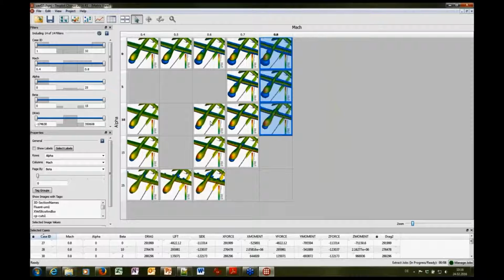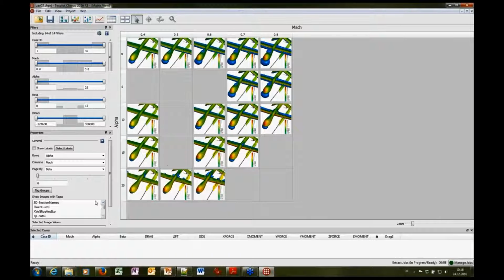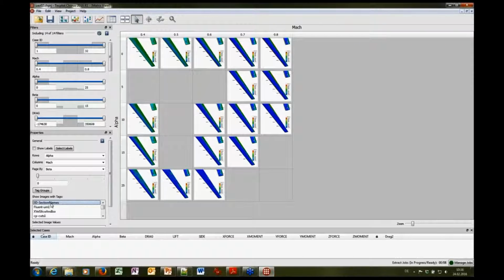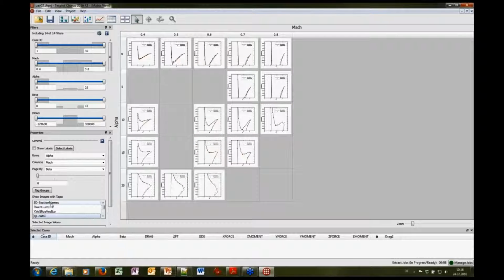Okay. If you are interested in a specific case, in this one or this one, once again, of course, you can click on View Data, and then it automatically opens, and you can select the style sheet so that you exactly see both of those cases in, let's say, reality in your Tecplot. Well, that's the matrix view, and you can easily switch here, for example, between the different pictures and compare all of them. In this case, in the matrix view, what you see here is CP plots from this example,